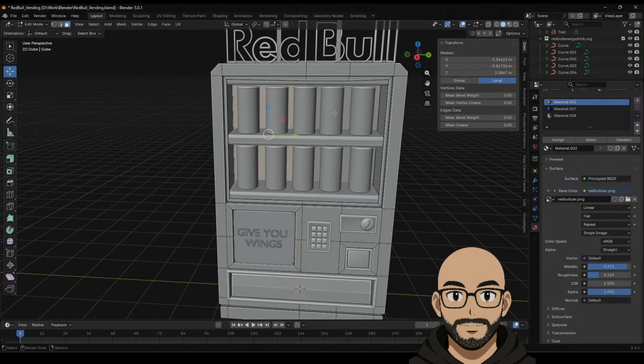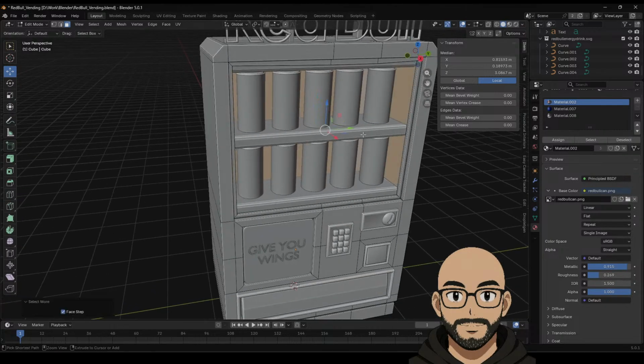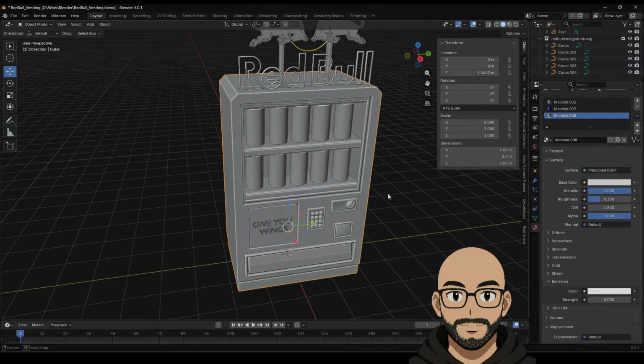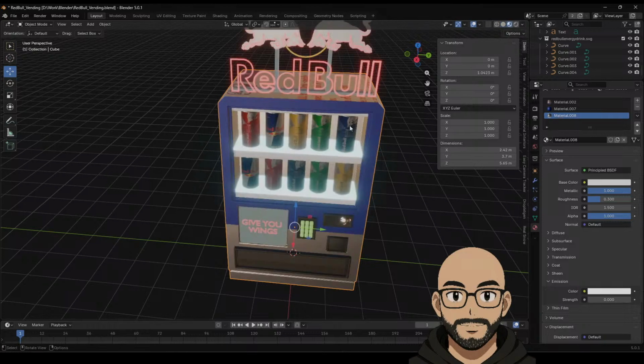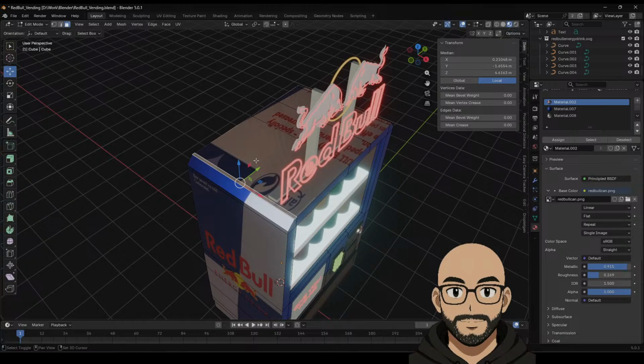So I'll select this face. And then of course